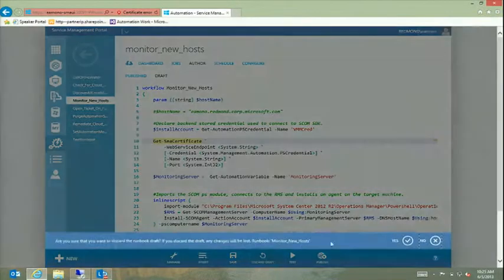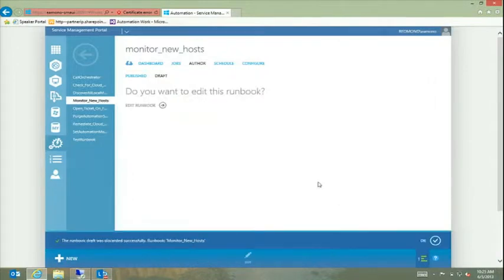Okay, so I'll discard this one. I know you mentioned, Simon, a little bit about how the jobs are tracked and different things like that. So if I go back to